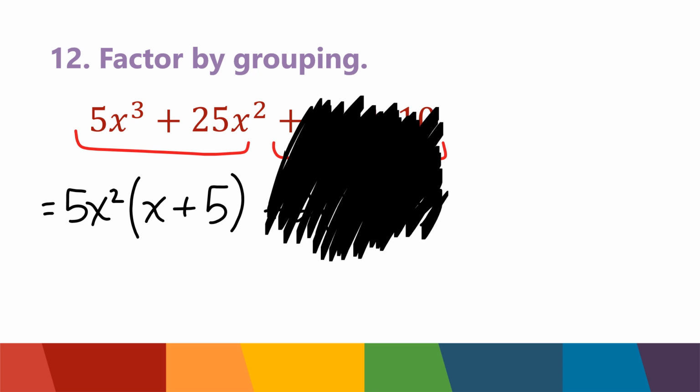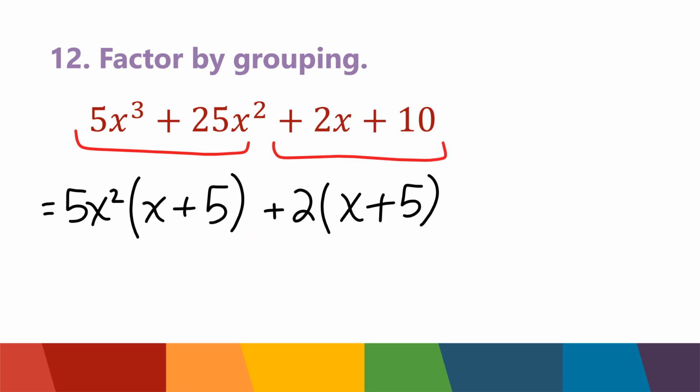Okay, so we said that our common factor was 5x squared. When you divide these first two terms by 5x squared, 5 divided by 5 is 1. 3 x's take away 2 gives you just x. 25 divided by 5 is 5. 2 x's take away 2 x's, x's cancel. All right, so now your next step is to